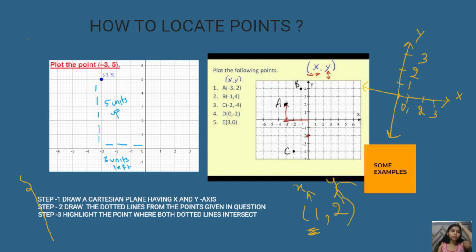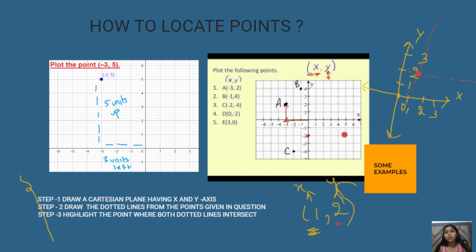So the first step is to form this Cartesian plane. The second step is to draw the dotted line from the given points. Okay, so the given x coordinate is 1. Just draw a dotted line from the x-axis. I'm just drawing a normal dotted line from the x coordinate. The y coordinate is 2, so let's draw the dotted line from this 2. You can draw it till anywhere. Okay, we have already drawn the dotted lines, so we can see the two dotted lines meet